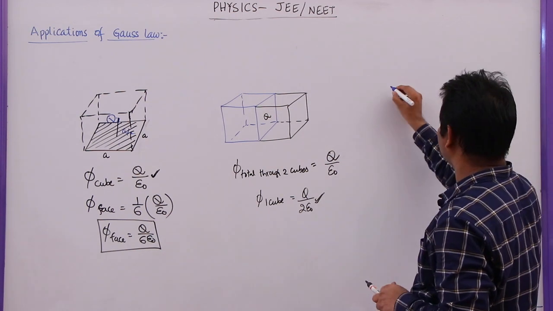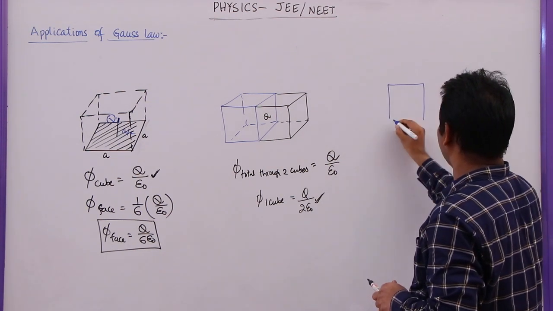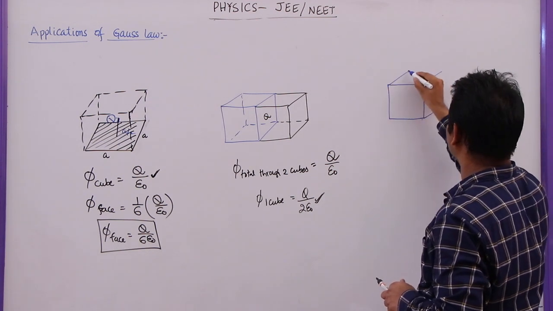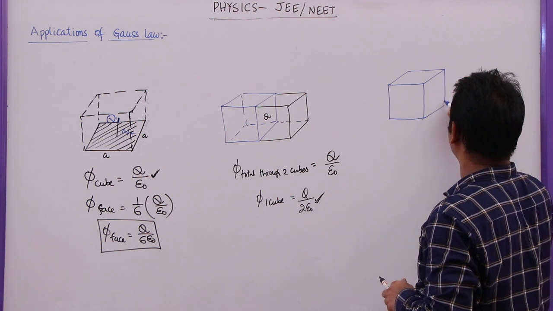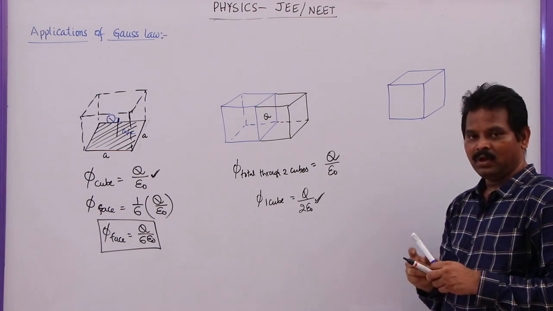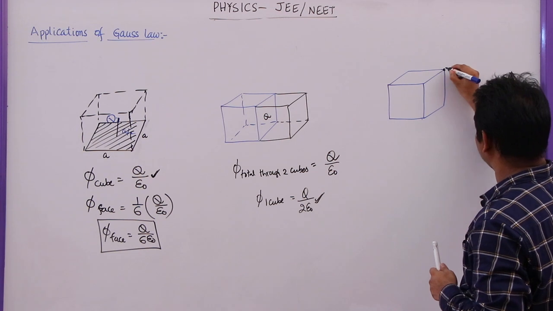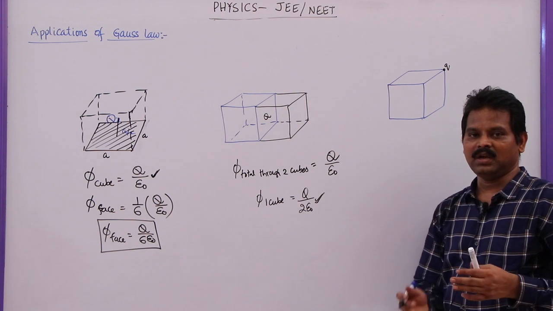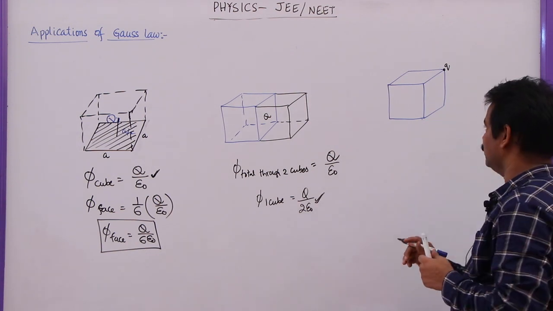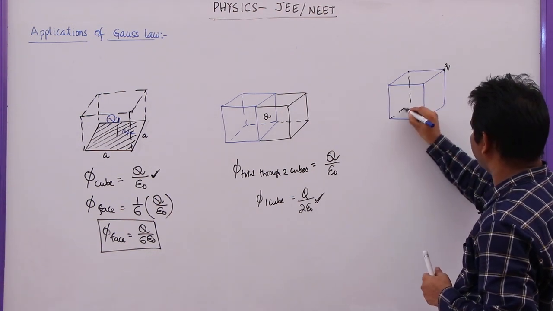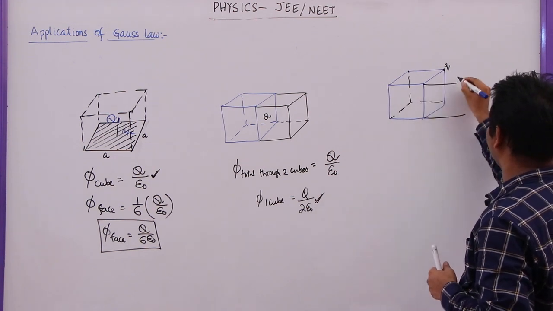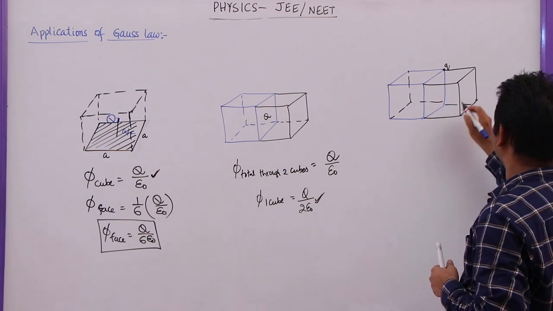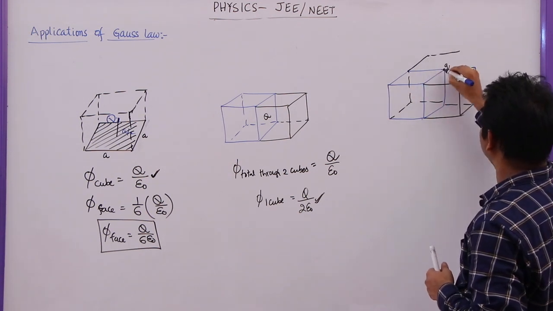Next, one more one. So let me take one more cube here. So this is a cube, and I am going to keep one charge at one of the vertex or one of the corner of the cube. Now in this the charge once again is not enclosed. So here let me keep some more cubes so that the entire charge will be enclosed now. So for this I need to keep